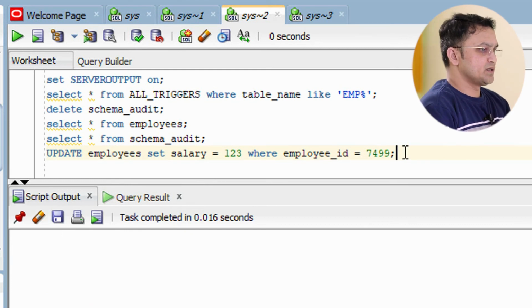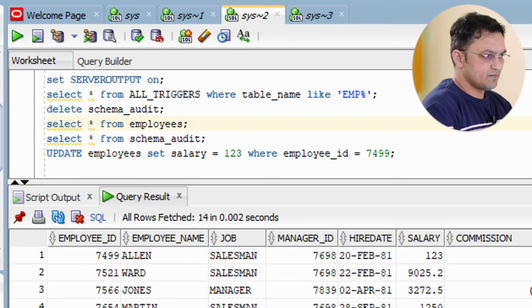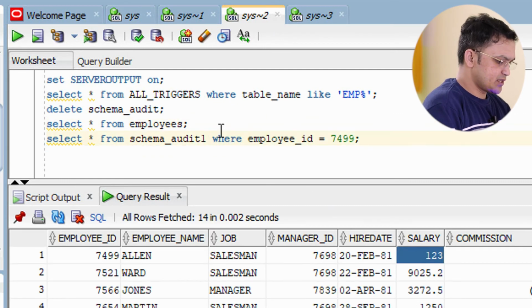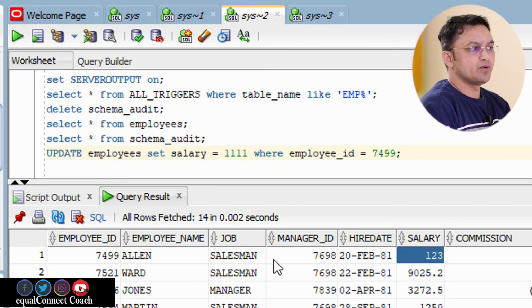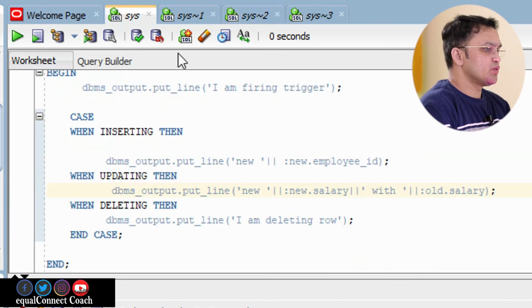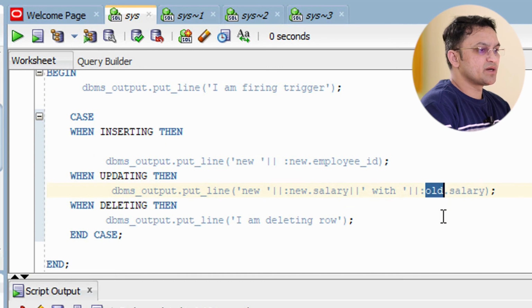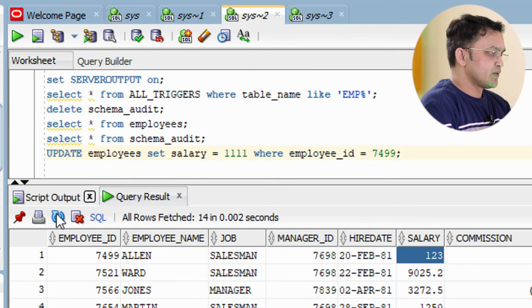Now let me show you once again what exactly the old salary is. Old salary is 123, and let's say my new salary is 111. So new salary will be 111 and old salary is 123.